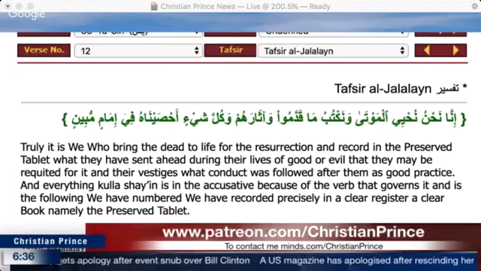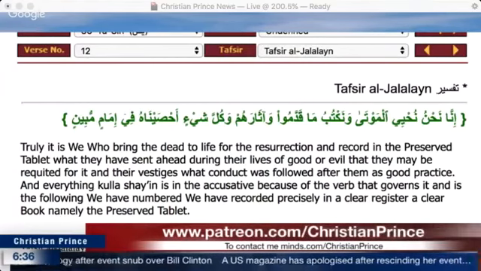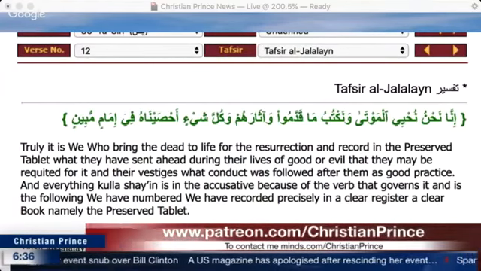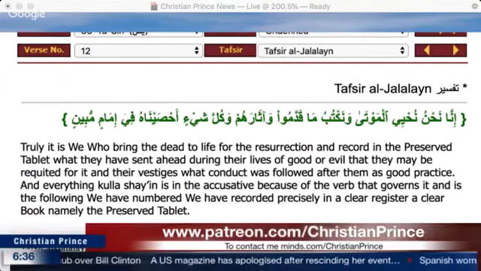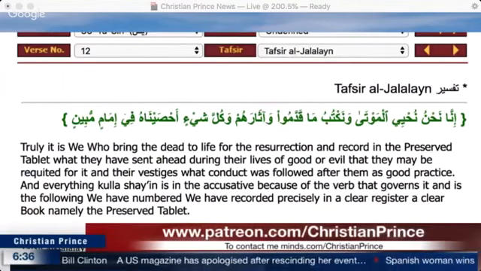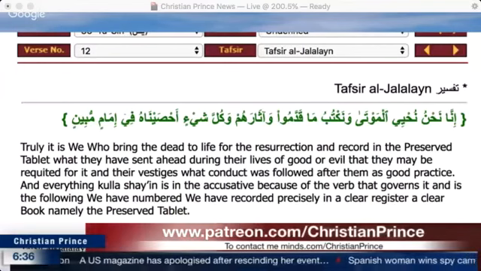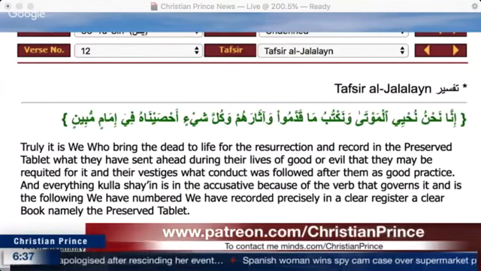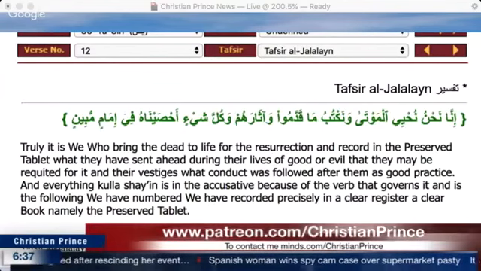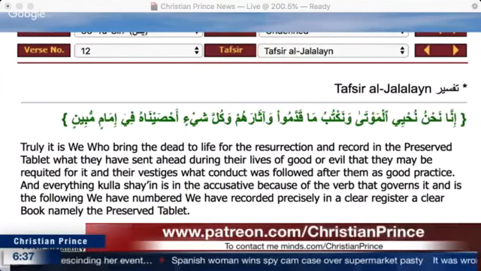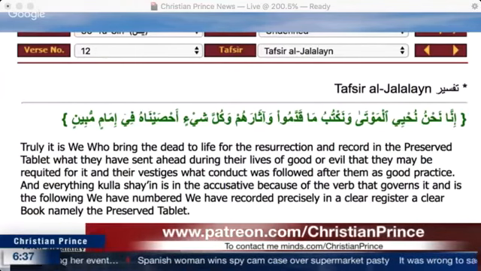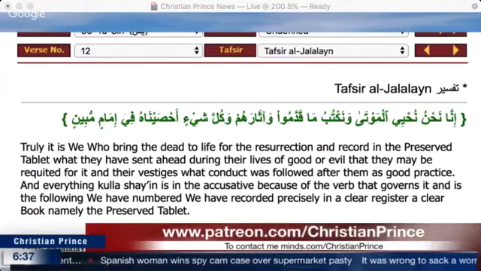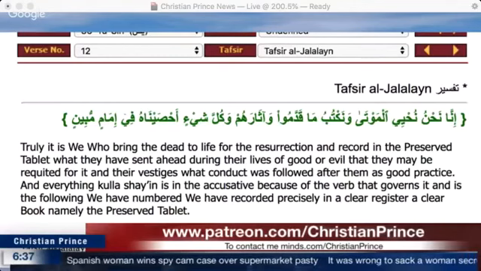وَنَكْتُبُ مَا قَدَّمُوا وَآثَارَهُم. This is actually what the Muslims agree with too. You know that Muslims believe that Allah wrote everything in His preserved tablet, including your destiny, everything written there. So what is it that they have left behind and what they have put forth? There's nothing that is really left behind, and nothing is really put forward. It is something He is saying to you.